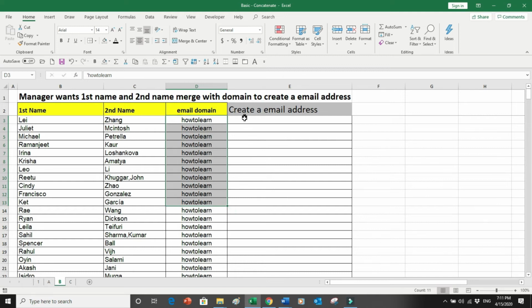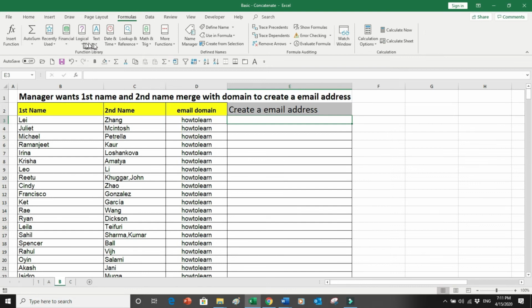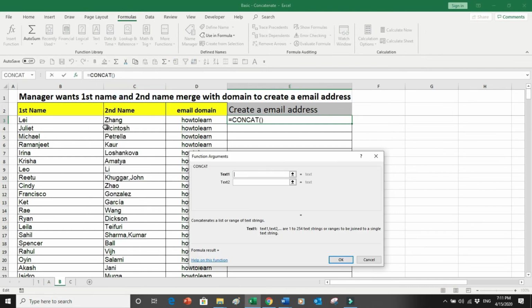So what we will do here, let's do it together. First of all, I will go into the formulas, go into the text, concatenate. So I will select the first one, tab, then I just simply press the dot button, the dot, second, this thing which is the second name, third, @ sign, then fourth is my domain, and as you are doing, you can see the impact over here on the screen,